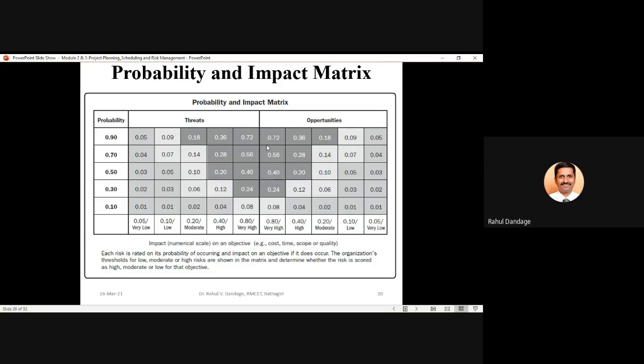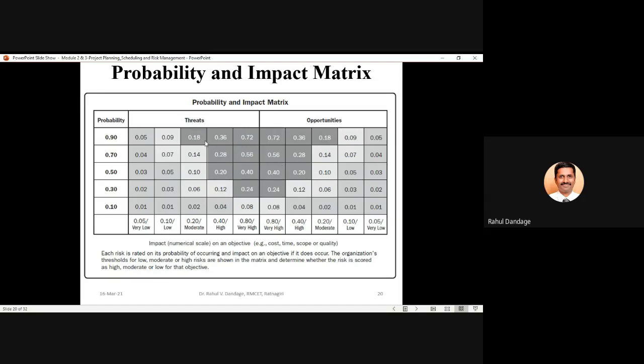Now we can see there are three different colors used. Let's focus only on the first part, that is threats, negative risk. You can see 0.18, 0.36, 0.72, 0.56, 0.28, 0.20, 0.40, 0.24. These are all categorized with dark gray color. Then at the lower side you have light gray color, and in between it is almost no color.